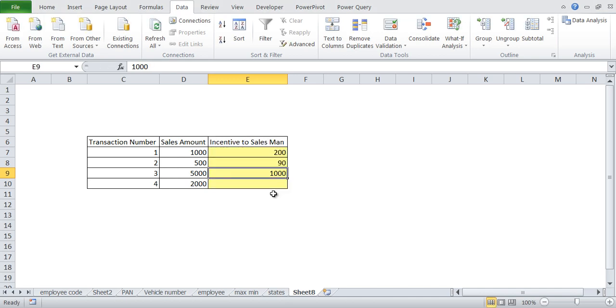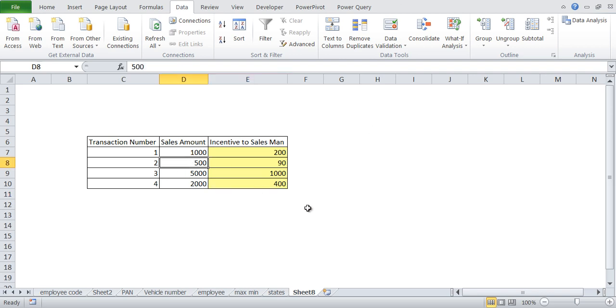So you can see that even though we had selected range D7, because the referencing was relative, it has applied to all these cells, right? So note that we have written it, and the data validation also went correctly. Now this is 400 maximum, right? Now data validation is working fine.